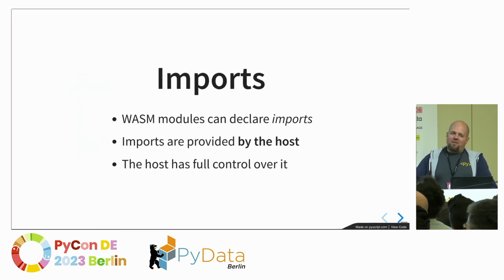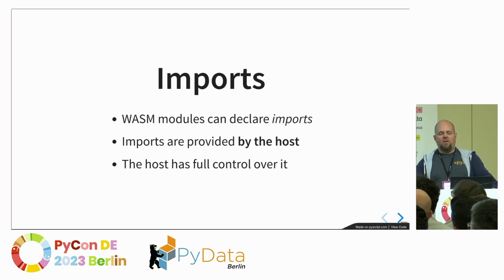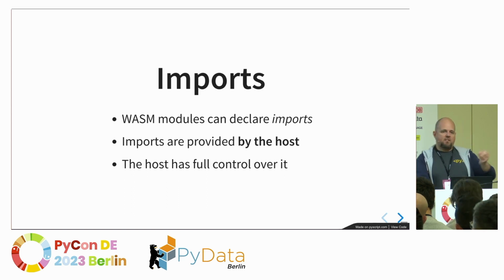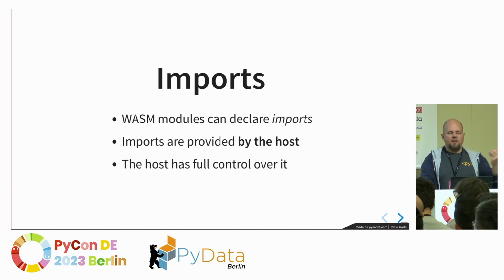And the tricky part, the escape hatch, is what are called imports. In a WebAssembly module, you can declare functions which are imported from the outside, and they can be called from WebAssembly, again, in a fast way. They can be used to augment the functionality of WebAssembly, which by default is, as we saw, very limited. So we have a host, which in our example was JavaScript in the first case and Python in the second case, and the host can provide functions to the WebAssembly module.